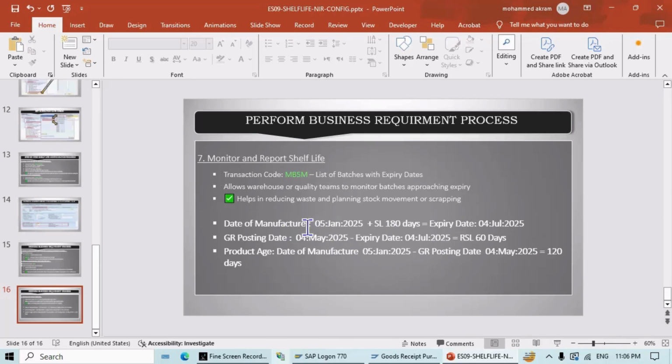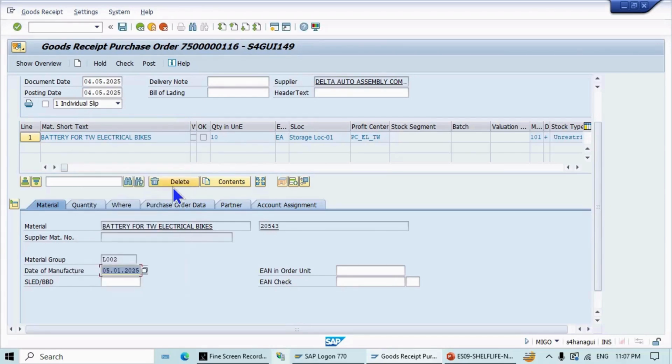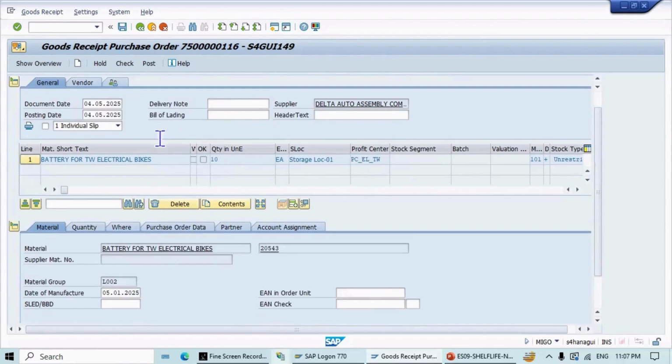What I have taken, date of manufacture, 180 days if you add, so that is today's date. 4th July is the expiration date. So now we'll take 5th January as the date and see how the system reacts. Press enter, check,